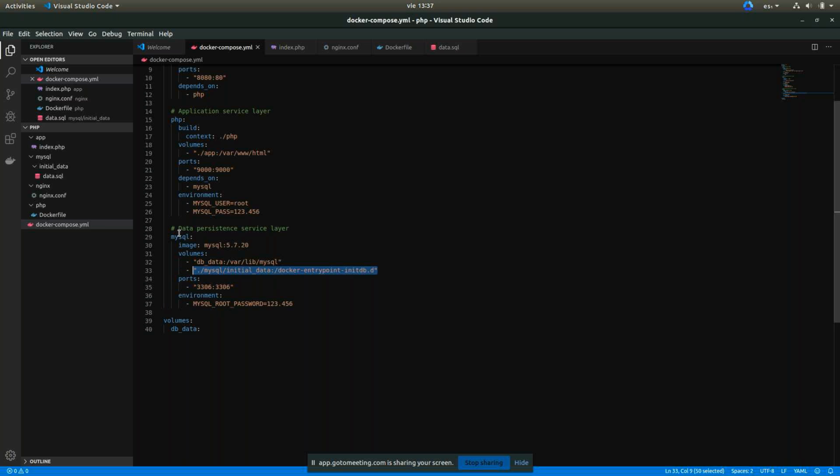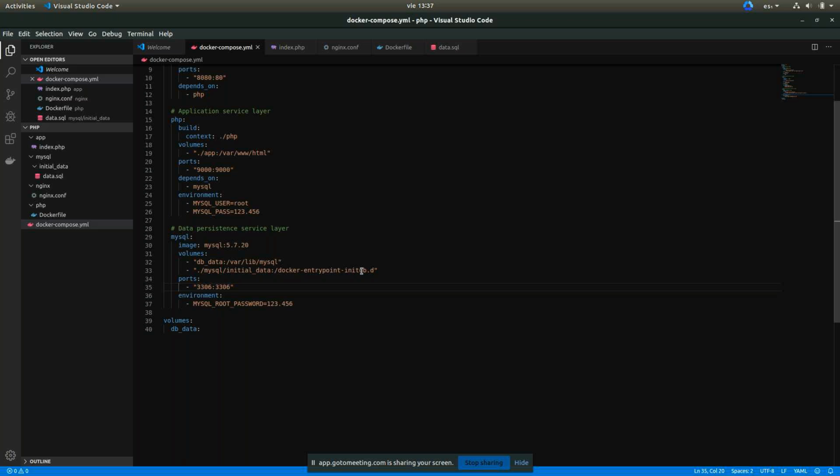What happens when the MySQL server starts? The server looks for this file stored in this directory, the Docker entrypoint db init.